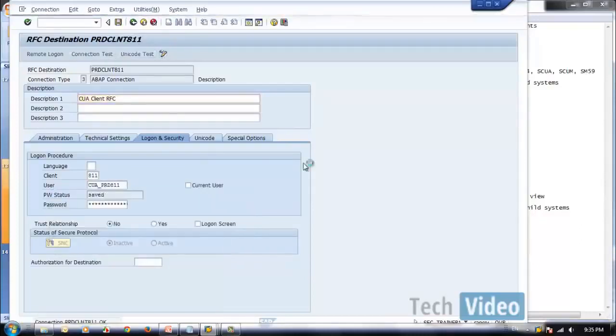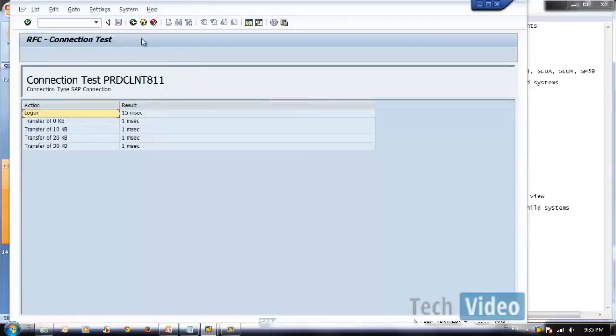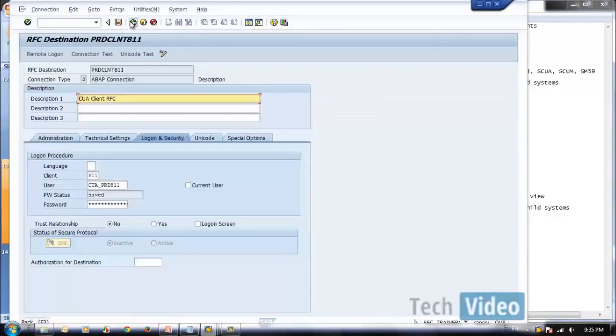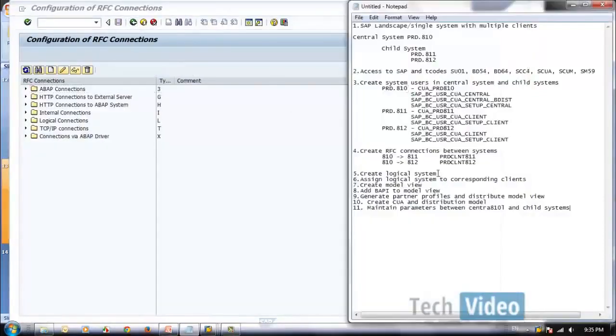Now you say test connection, so it's working. Okay, the one connection is done. Then we need to have one more connection.